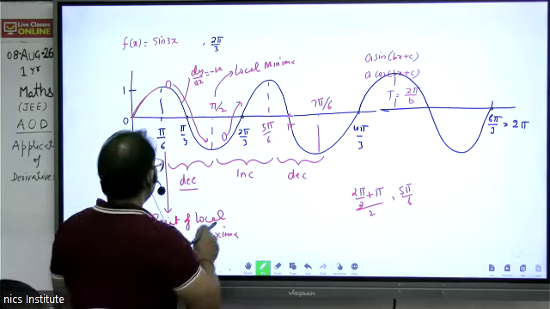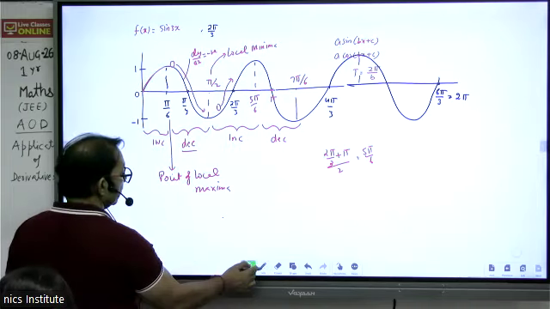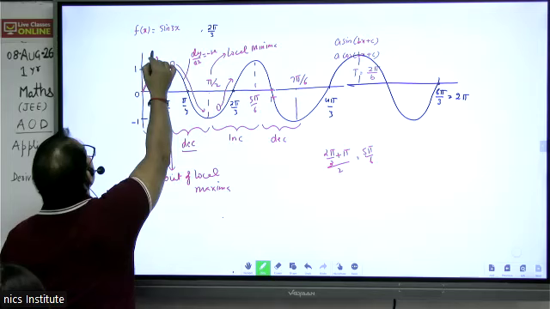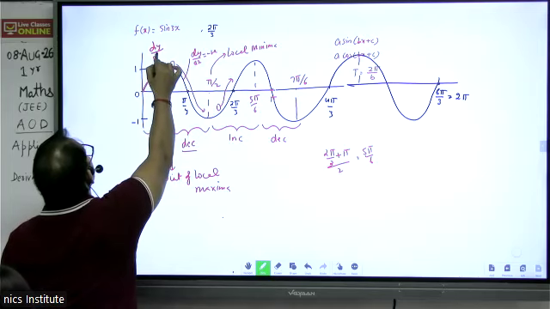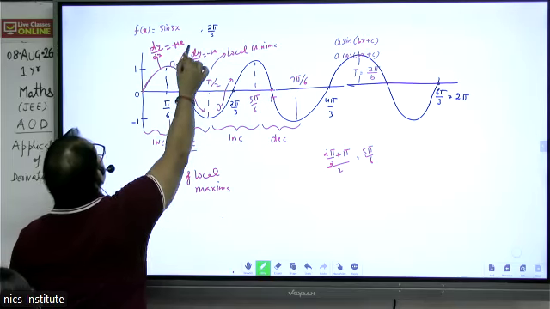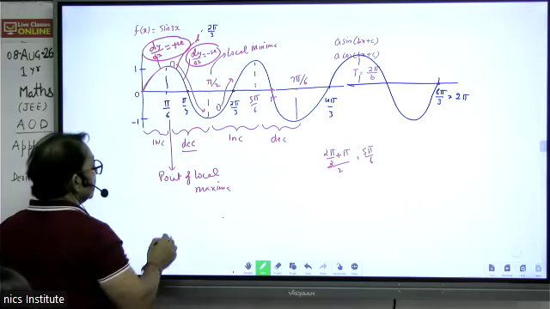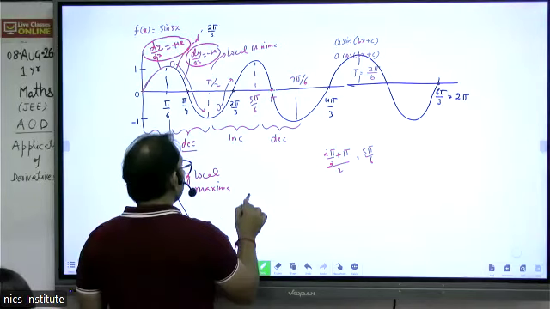So at a point of local maxima, on the left of the local maxima, tell me, इस पॉइंट के लेफ्ट में dy by dx क्या है? पॉजिटिव या नेगेटिव? Positive. On the right of the point of local maximum, what is dy by dx? Negative. That means at a point of local maxima, if I find